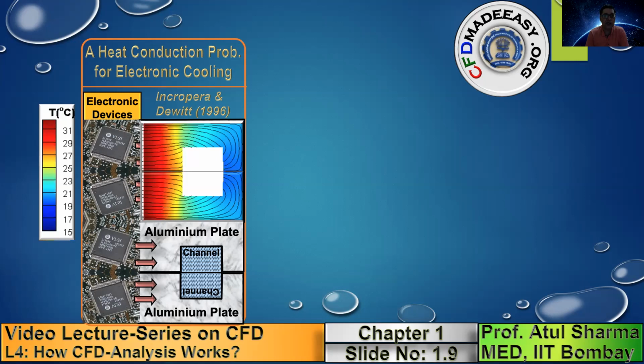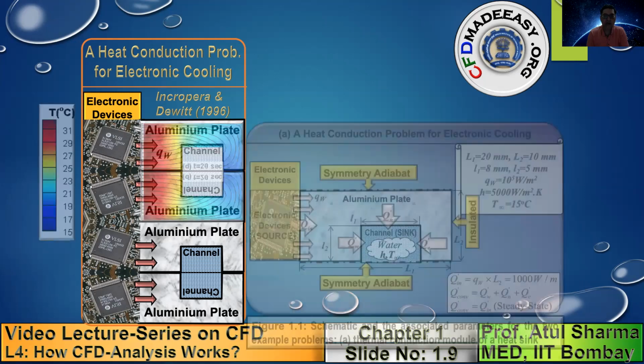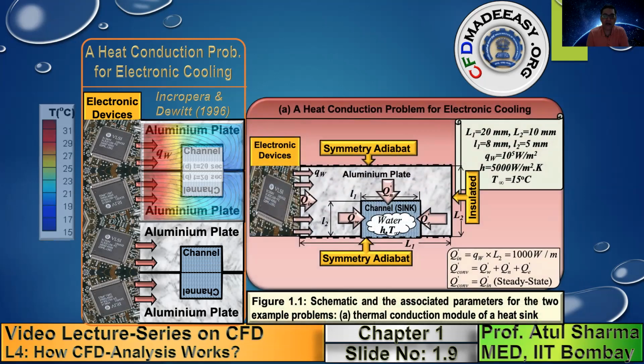Okay, so you can see that the temperature distribution on the upper half of the aluminum plate and the lower half of the aluminum plate is symmetric. So what we do in this problem, once we realize there is a symmetry in the temperature distribution, is consider only one module of this aluminum plate. You can either take the upper half of the aluminum plate or the lower half.